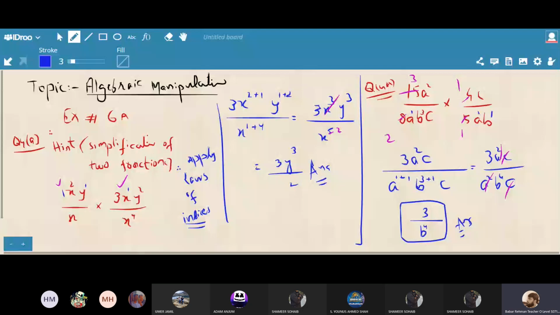Okay, now I am coming to question number 5, A part. Over here the same thing, but some brackets will be involved, some factorization will be, sometimes group factorization is directly given to you, sometimes in numerator and denominator both you have to break the middle term. Okay, 5a, I'm going to explain question number 5. Hope you have done all these questions.